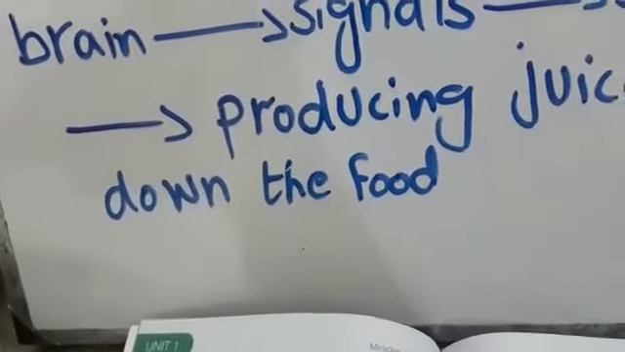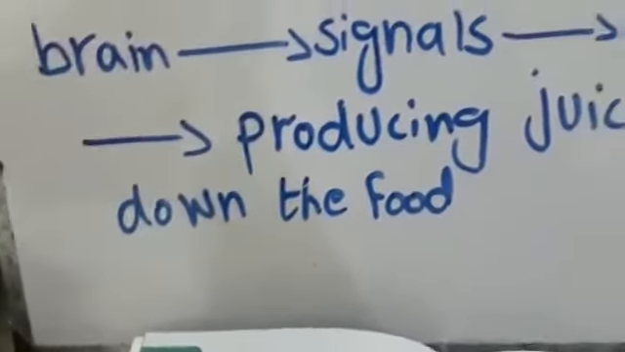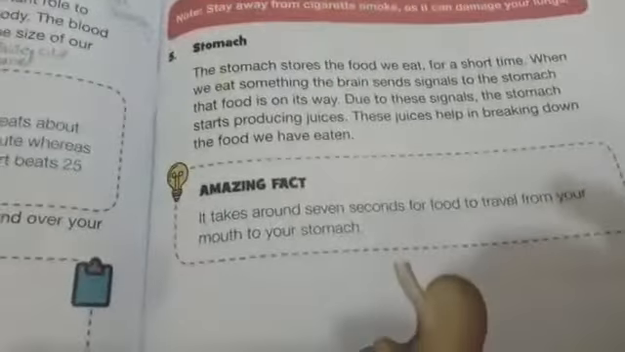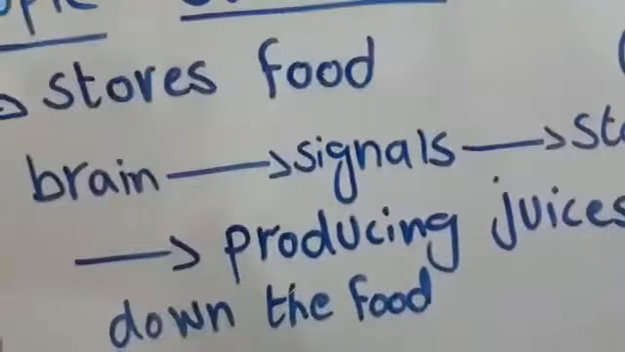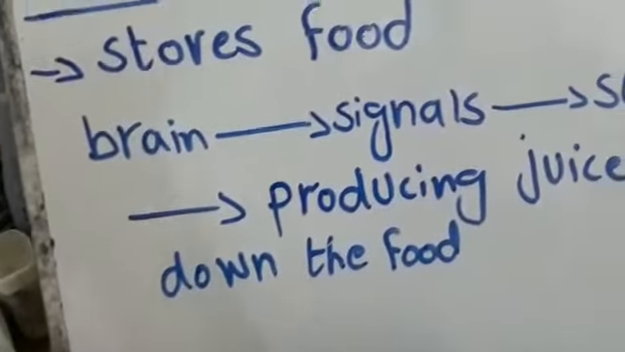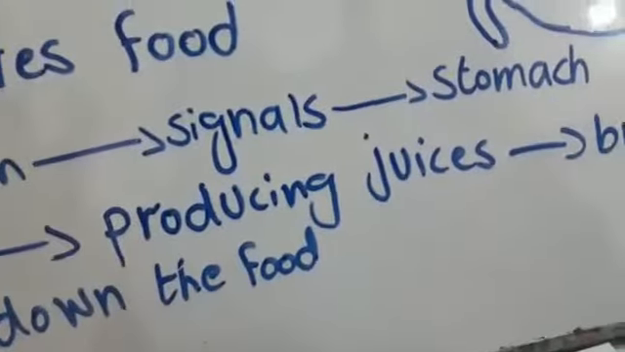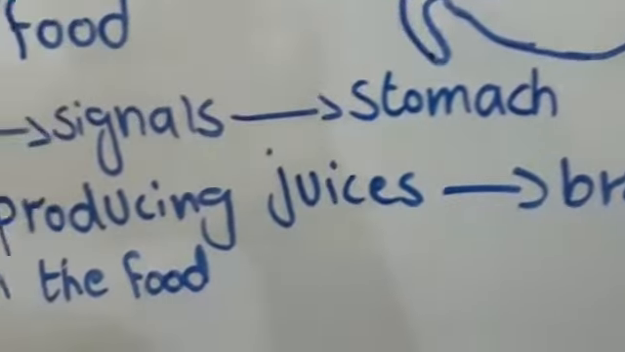Clear? This is the function of the stomach. When we eat something, it will be clear to you by reading this text on this topic, stomach, on page number 5. The function of the stomach, first of all, stores food when we eat something, and after that the brain gives signals to the stomach that the food is on the way, and the stomach produces juices, and those juices break down